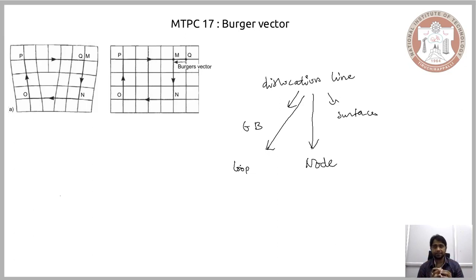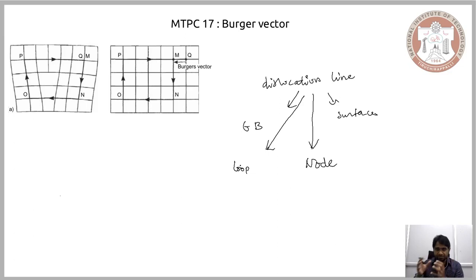So these are the different ways that a dislocation is found within a material, and because of these reasons we need to consider how a dislocation interacts with the surface, how dislocations interact with each other, and also how, as a loop, the dislocation moves, or how, as a loop, we can understand the nature of the dislocation.